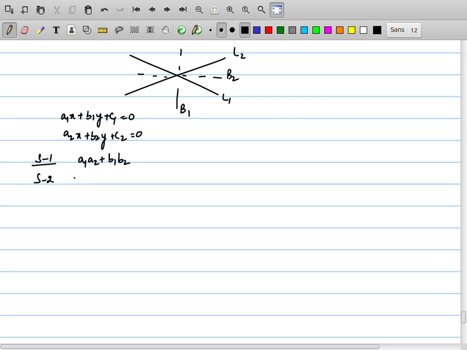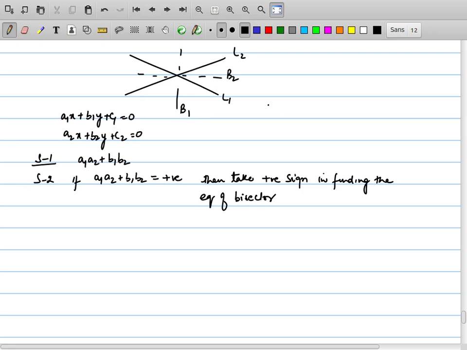Now step 2, if A1 A2 plus B1 B2 is positive, that is its value is positive, then take the positive sign in finding the equation of the bisector. How do we find the equation of the bisector? (A1x plus B1y plus C1) whole divided by root of A1 square plus B1 square is equal to plus minus (A2x plus B2y plus C2) whole divided by root of A2 square plus B2 square. Now if A1 A2 plus B1 B2 is positive, then take the positive sign, that is take this sign,